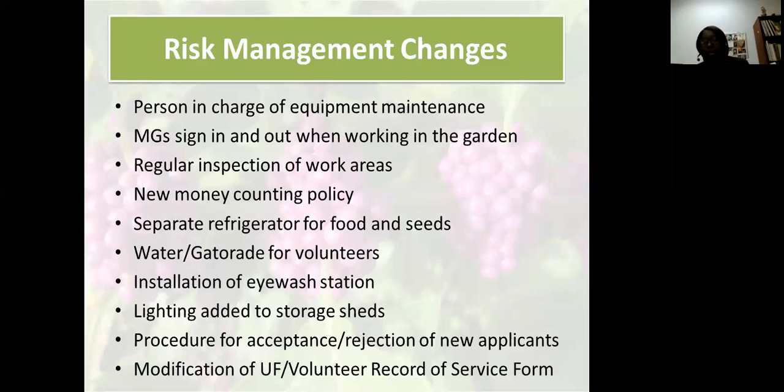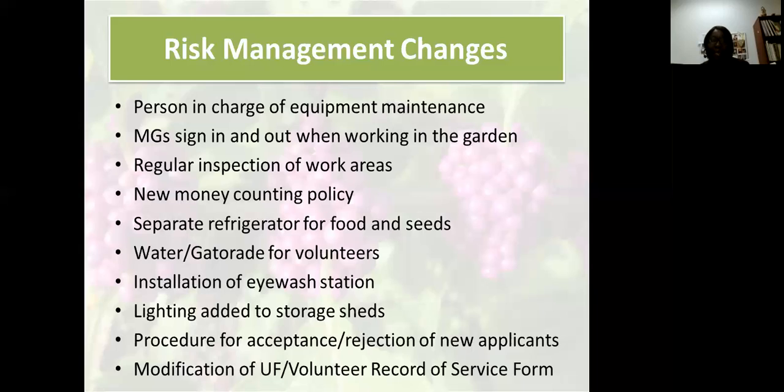So we had a master gardener who fell one day and broke her ankle. And luckily her husband is also a master gardener, so he was right there, we could quickly get him. But then as we were going through the focus group session, we realized, hey, we need to modify this form